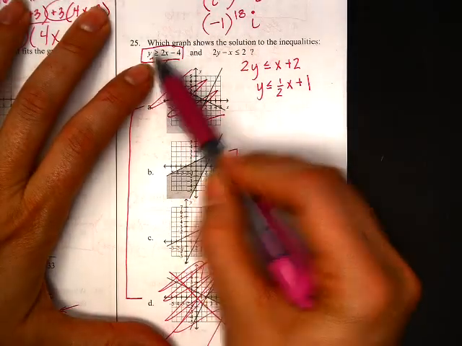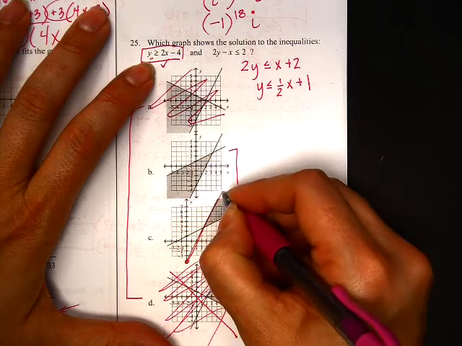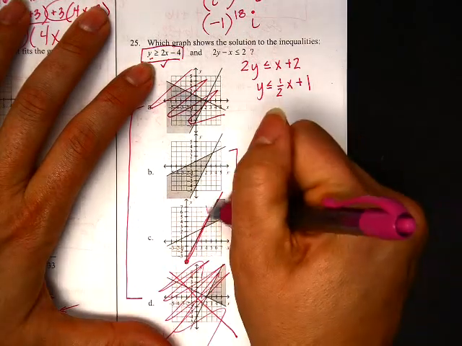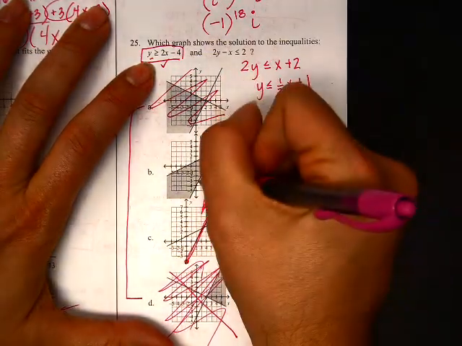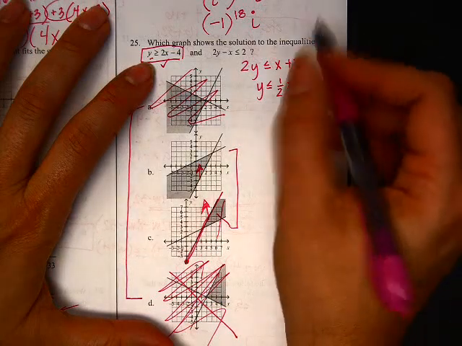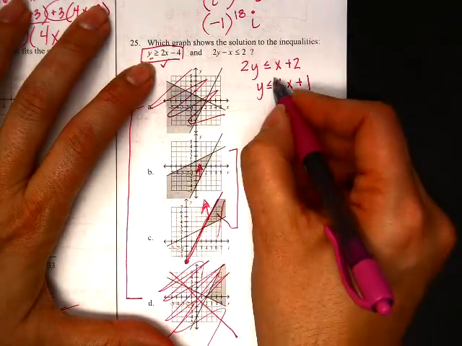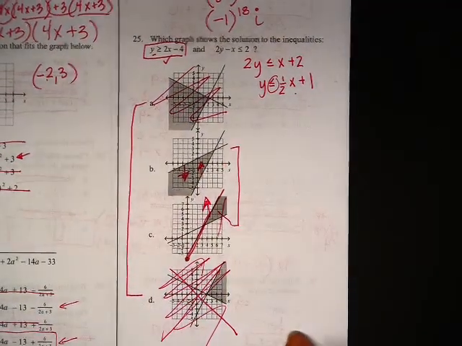So for this one is my graph that starts down here, and I want to have things that are greater than that, which means I want things above, and that is not where I have things shaded. Here, I want things that are greater than it. That is the part that's shaded. And then this one here is I want the things that are below that. So that is the part that's shaded. So this would be our